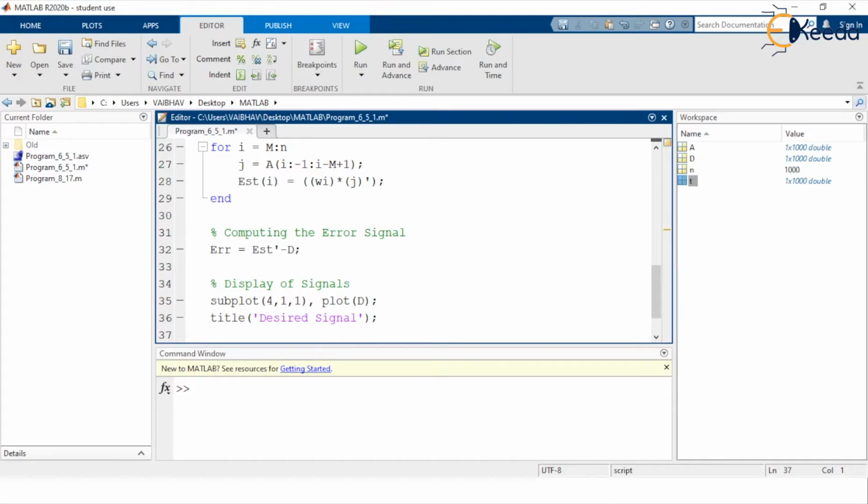Next to that, we shall go for the next cell of the subplot. So it will be 4 comma 1 comma 2, and again using the plot command, this time after the desired signal we are going for the actual signal to be plotted to this second cell.